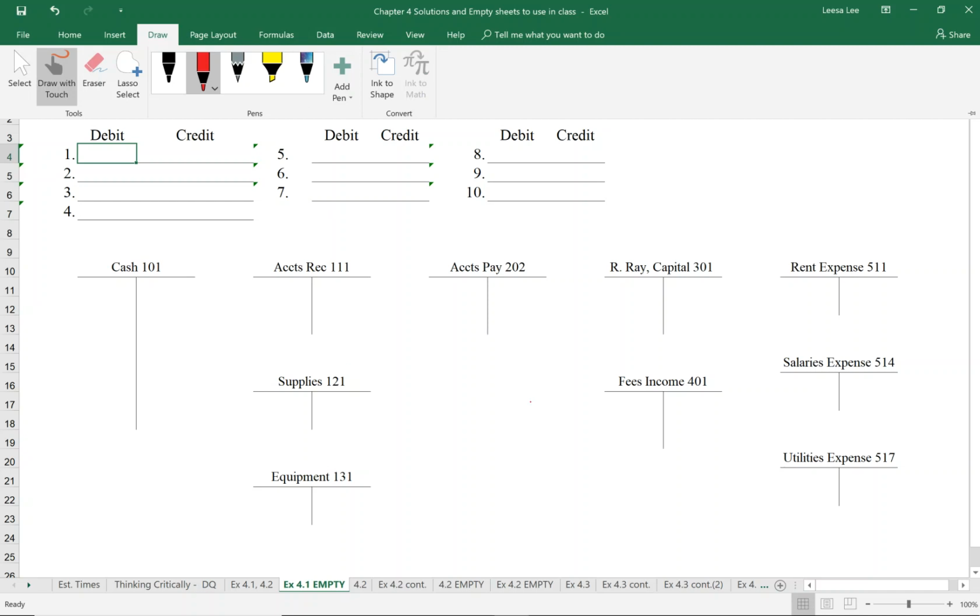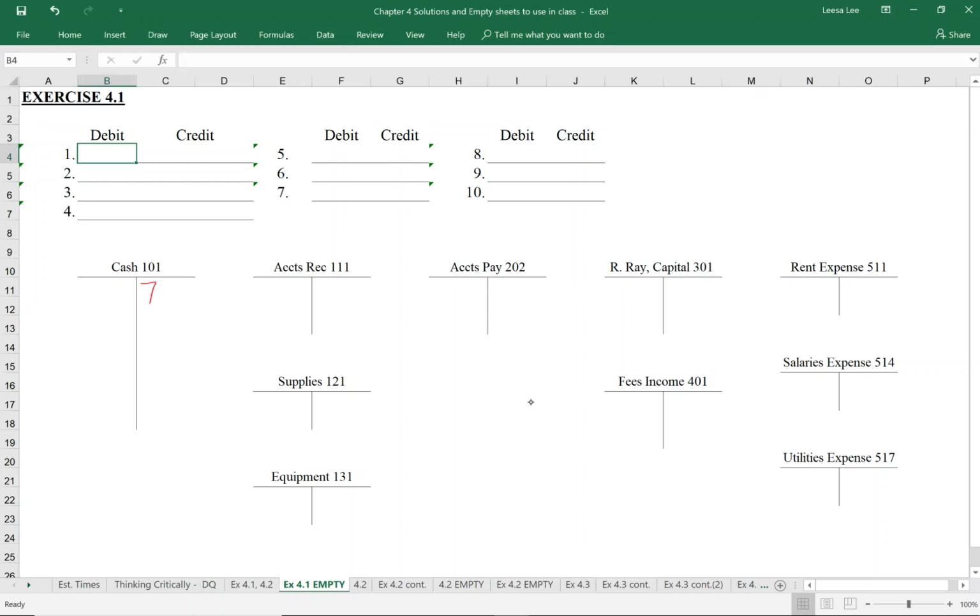So, a cash refund of $750. In our cash account, we increase on the debit side and we decrease on the credit side. And we definitely are going to be decreasing cash because we are giving money back to a customer. So we would be crediting on the cash side, and we would be debiting